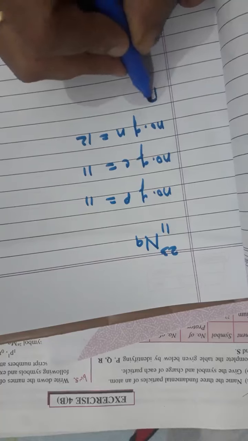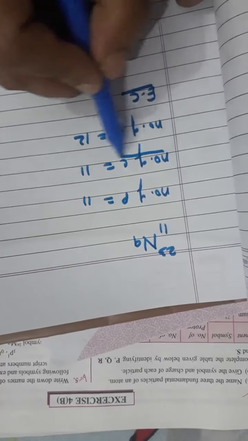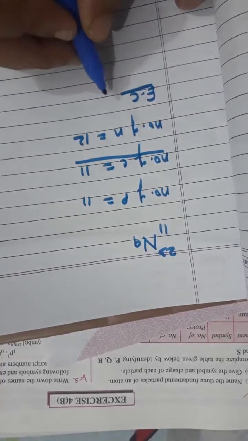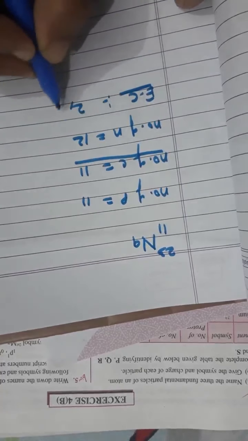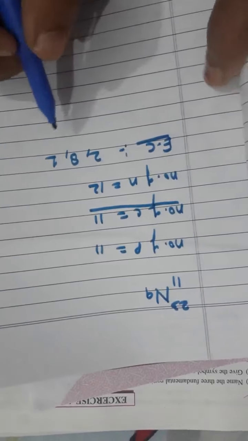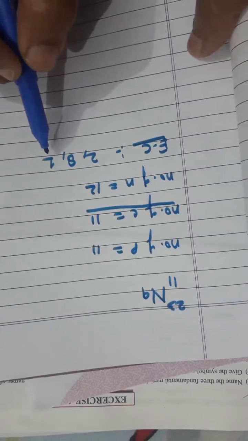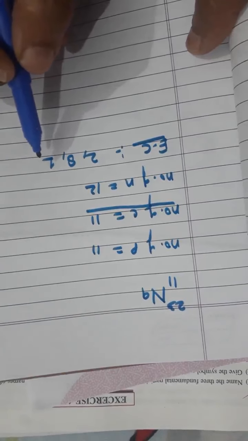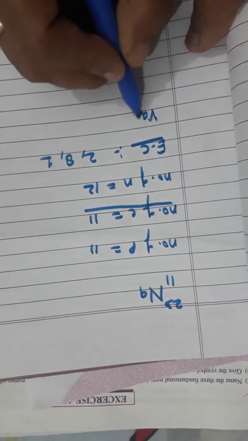ओके, अब हम बनाएंगे इसकी electronic configuration by the number of electrons. Electrons are 11, so electronic configuration will be 2, 8, 1. Okay, so it has 1 electron in its valence shell, so it will lose 1 electron, so its valency will be valence